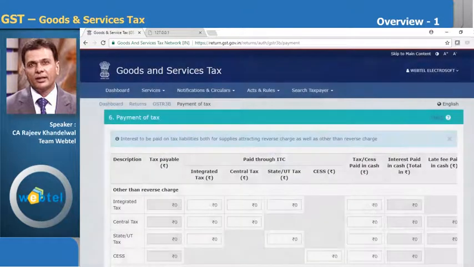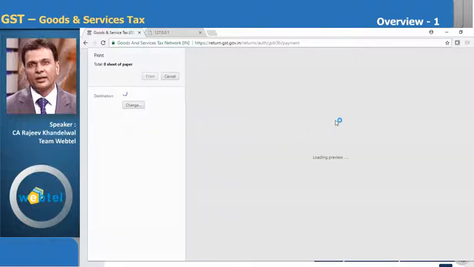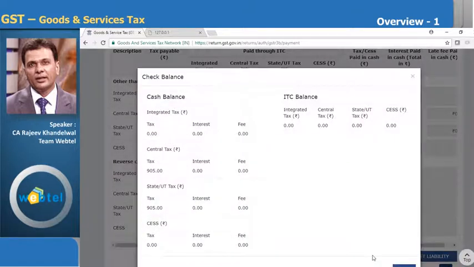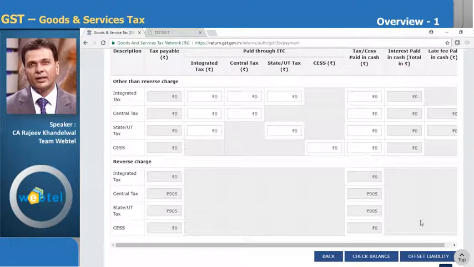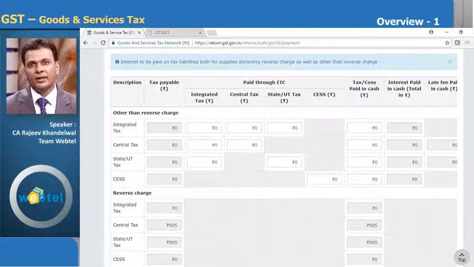We will click on this, and then the tax payable will be coming, and then paid through ITC and paid through cash, that is appearing. No, I don't want to take a printout as of now. So first of all, I will check the balance. What is the balance of cash? It will be appearing like central tax is 905, state tax is 905, that's it, and ITC balance is 0. So I say okay, and once I check that balance is okay, and it is appearing here also, as you can see, tax paid in cash, so that is coming out,